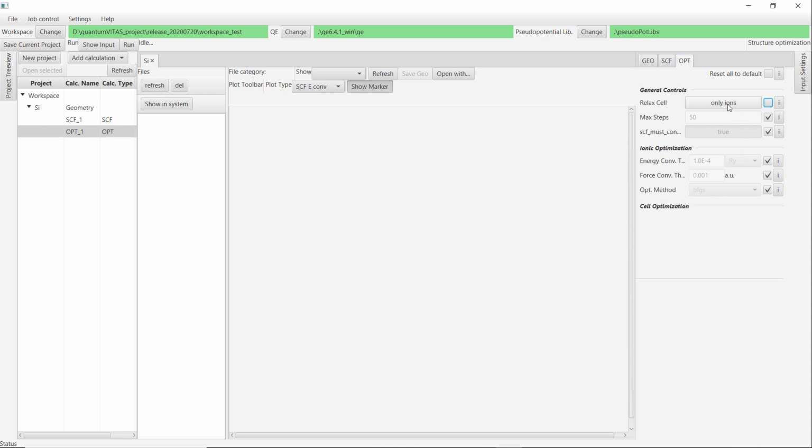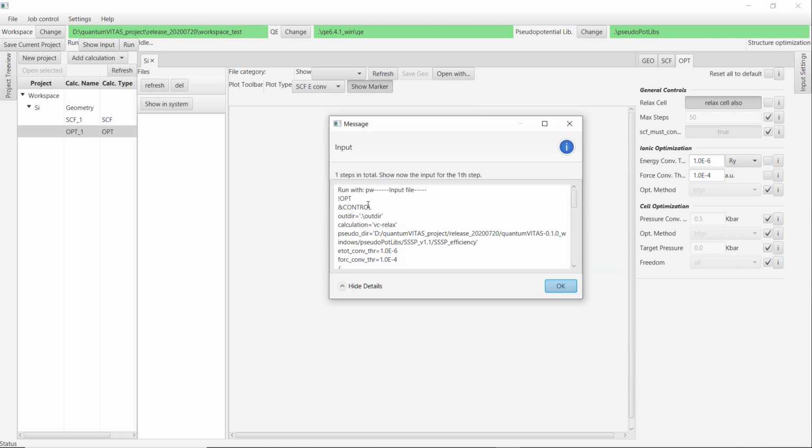In this case, we want to relax the cell as well, and we uncheck the energy convergence threshold. We make it a little bit more stringent, let's say 1e-4, and for everything else we kept it as default. Now we could also show the input file here, and there's no error in the end,